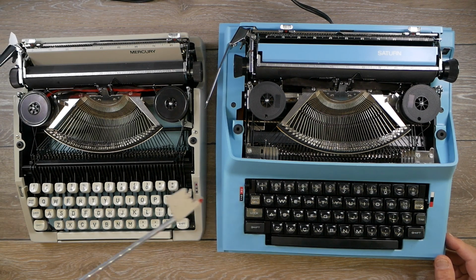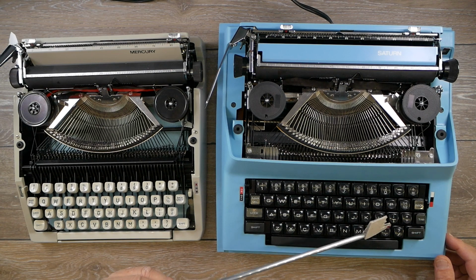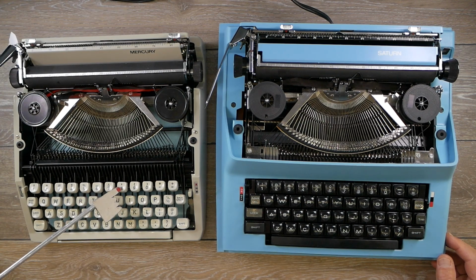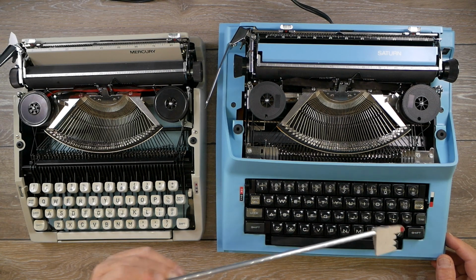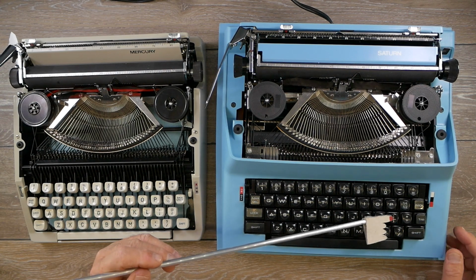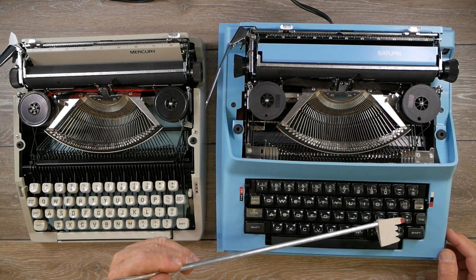The only real difference is the keyboard on the electric is a modern electric keyboard, meaning you have the apostrophe and quote mark to the right of the colon semicolon, and so the apostrophe is an unshifted character, whereas on the manual typewriter it's using the typical shifted 8 for the apostrophe, which makes this keyboard layout a little bit better for writing, especially fiction, writing dialogue, where people